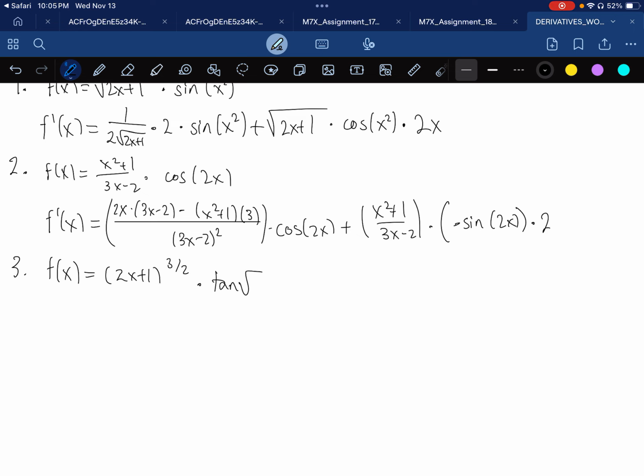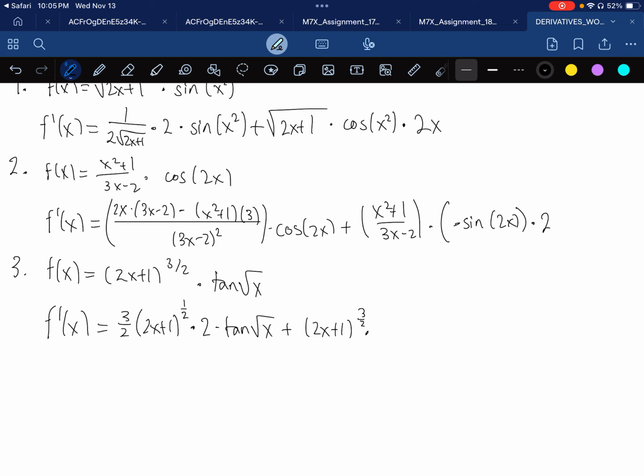So, what is the derivative of f of x? Well, we have a product, so we're going to use the product rule, and we're going to bring down the exponent, subtract by 1, and multiply by the derivative of the inside, which is 2, and multiply by tangent of the square root of x, plus our first function